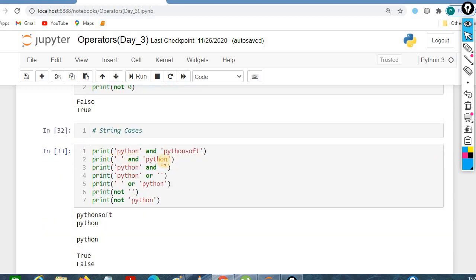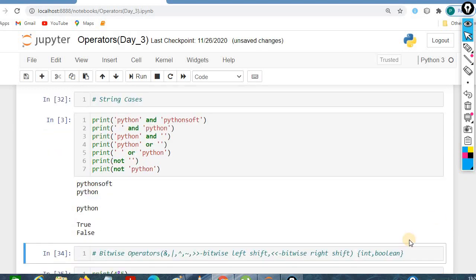If empty string and Python, which means false and Python, the result would be the empty string. If I am considering Python and empty string, the result would be the empty string only. Python or empty string, the result would be Python only. If I'm considering empty string or Python, the result would be Python.